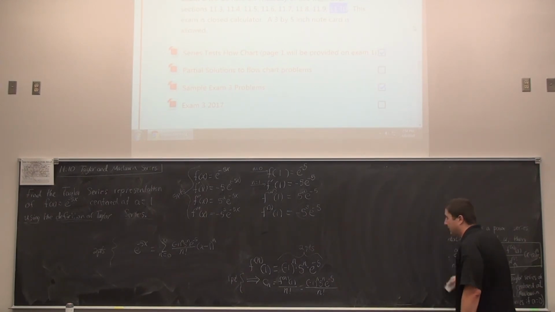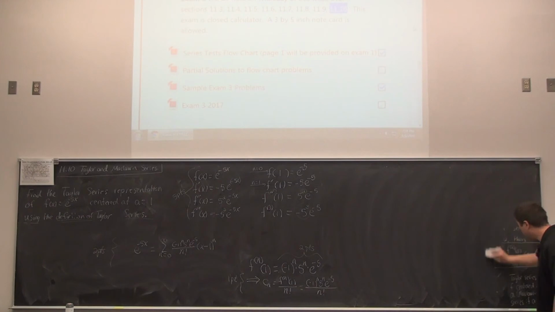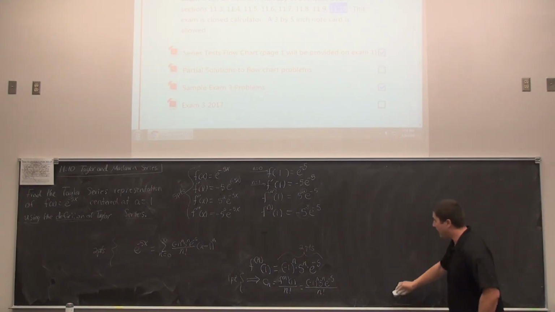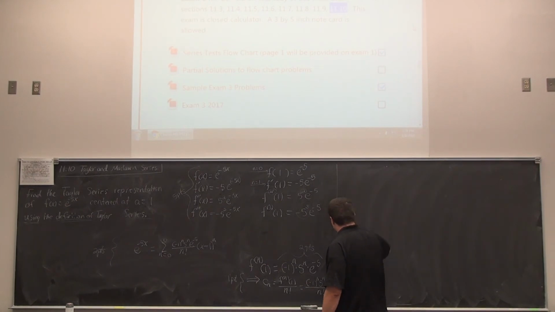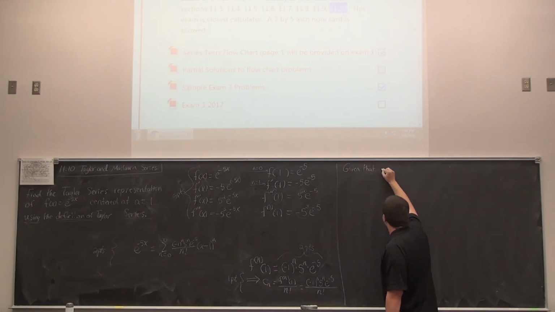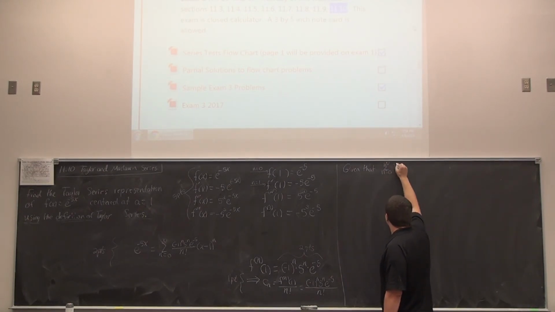Okay, so this is now a bit of an application of the Taylor series and Maclaurin series. It's also a good problem to compare and contrast with why these last problems kept saying, using the definition, we were trying to obtain a power series. This problem is now going to say, given that the summation as n goes from 0 to infinity of x to the power of n divided by n factorial